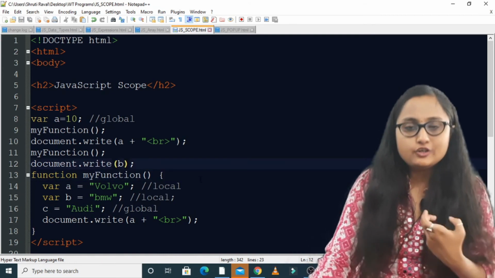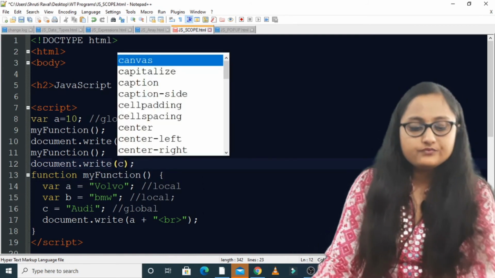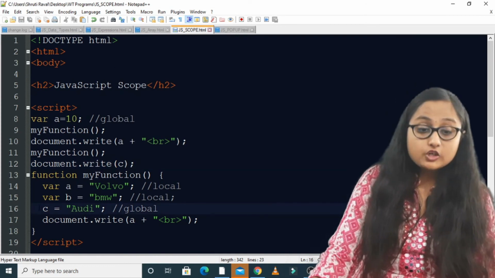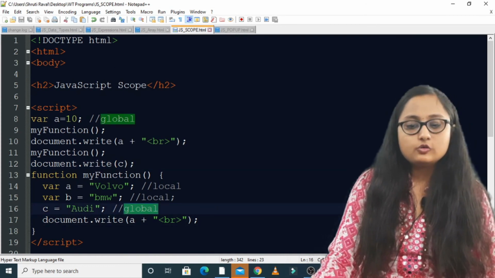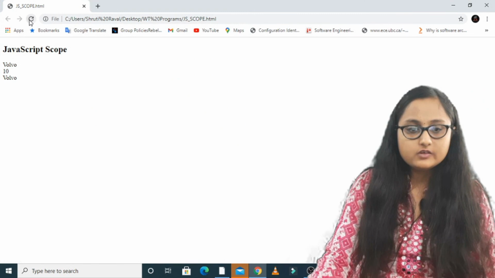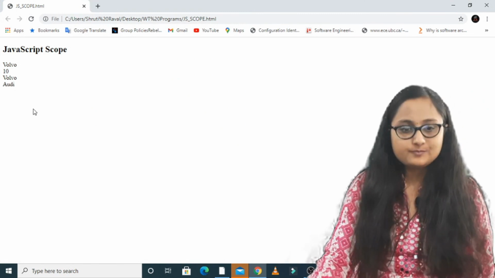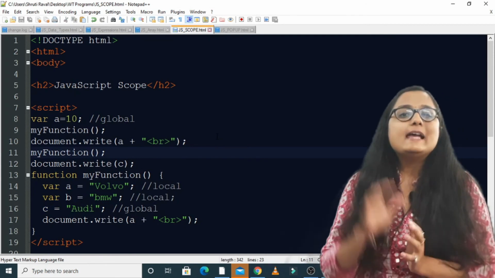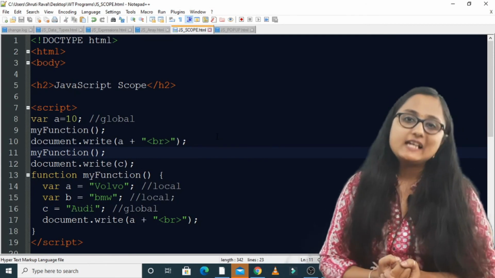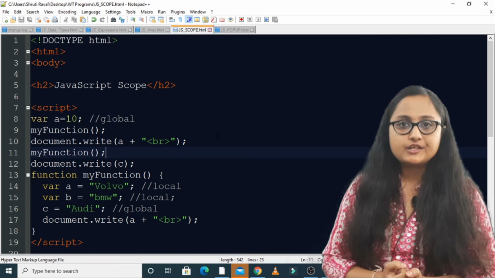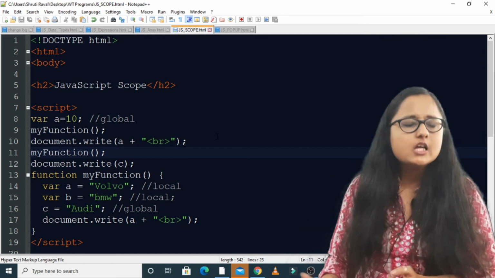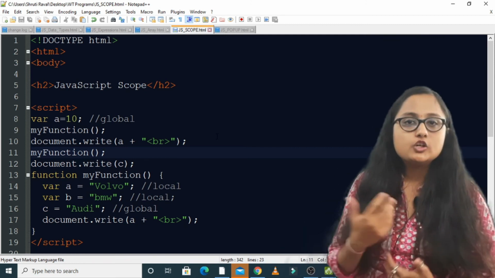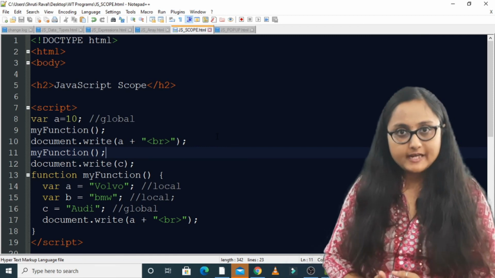So if you write document.write and instead of b, if you write c, now because this variable has a global scope, will it be displayed over here? Yes, OD is being displayed over here. So this is an exception, that if you want to access a variable which is declared inside the function in JavaScript, you have to skip the var keyword. That makes the variable scope global, right?